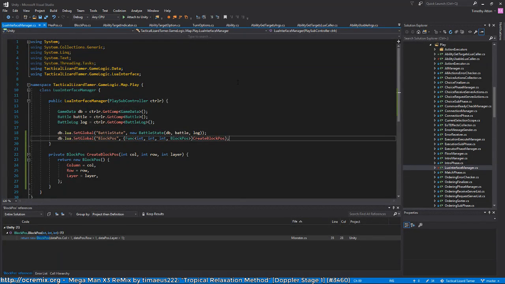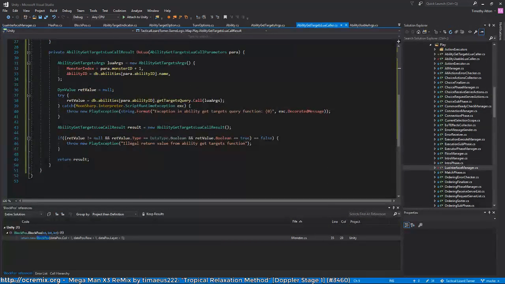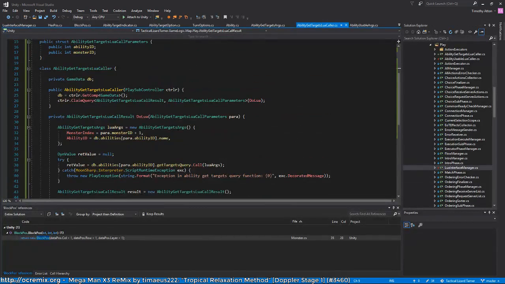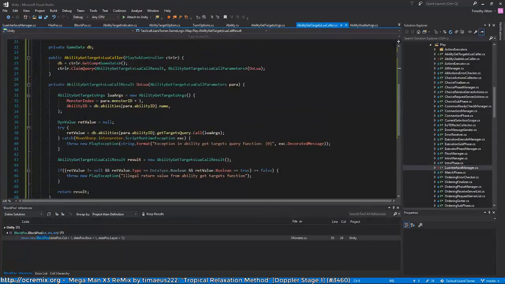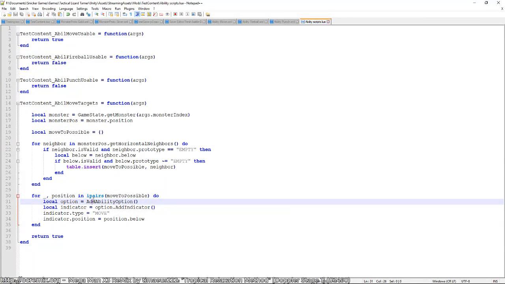Okay, so the only problem about this next part is that we actually want the get targets Lua caller to handle when that other function is called. So I guess we can leave the get position there, but then we'll actually register the other global ourselves. So database Lua set global add, what was it? Ability option. Is that what I want to call it? Should it be add ability target option? It's kind of long, but